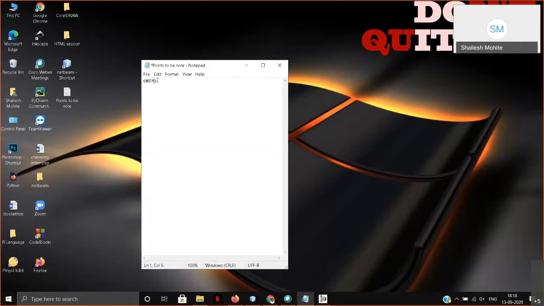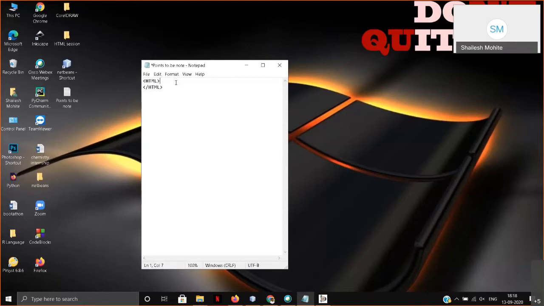This HTML is written in closing and opening angular braces. All the tags should be written in closing and opening angular braces. So we will start with this, and this is a tag basically.